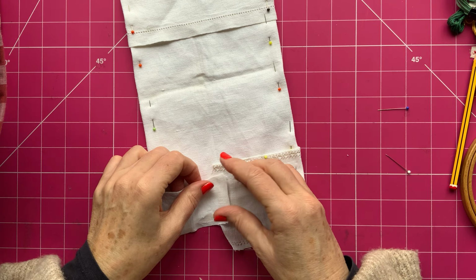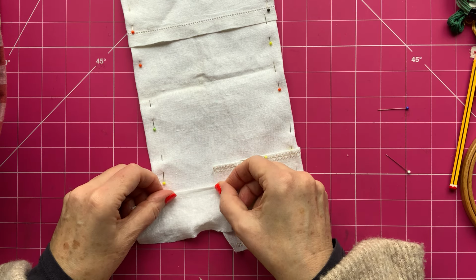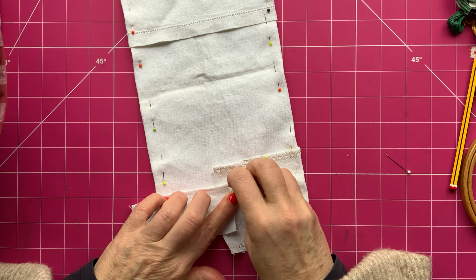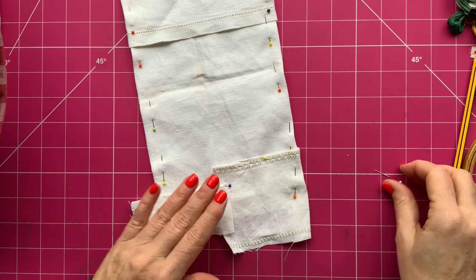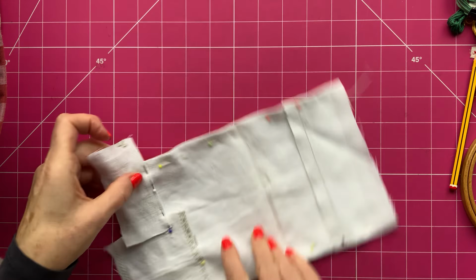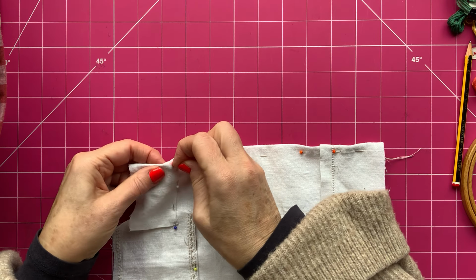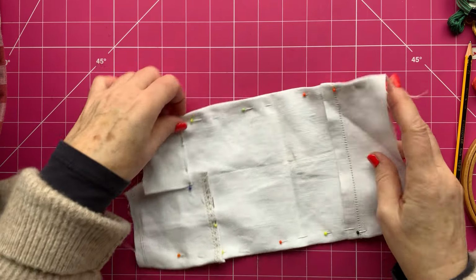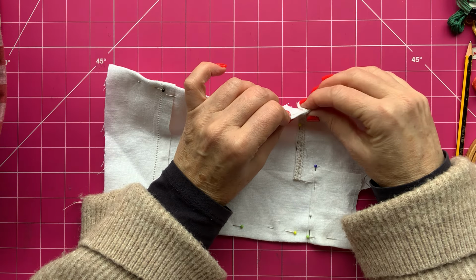Oops, but I got caught up. Let's see how much. That's going over there. That's kind of gone over here, but that's okay for now. There. And then what I will do